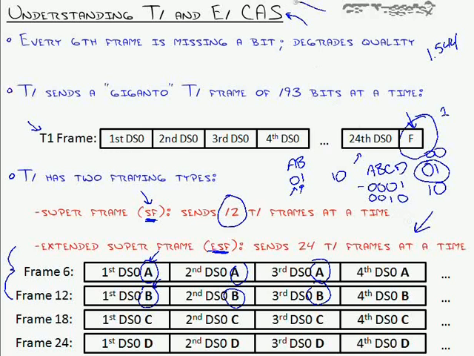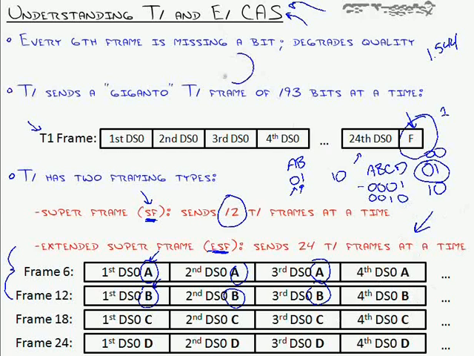This is a style of T1 connection, not really a type of signaling, or a way to configure your T1 and how it uses its DS0. The type of signaling we have yet to talk about. That's things like FXO ground start, FXO loop start, FXS ground start, E&M wink start. There's all kinds of different signaling that are out there, and we'll talk about that in a moment. And that is what defines what these mean.